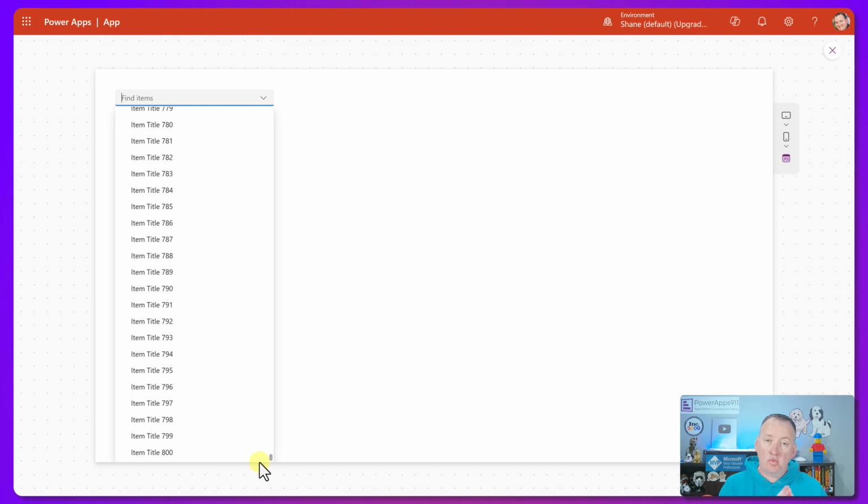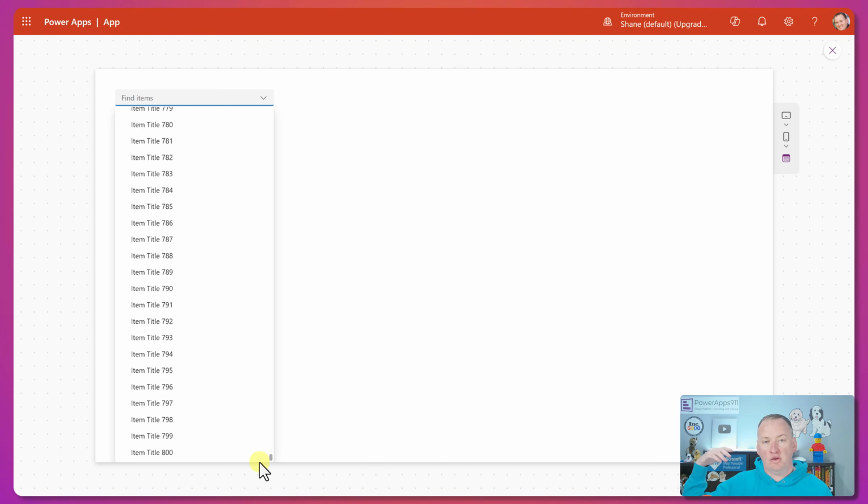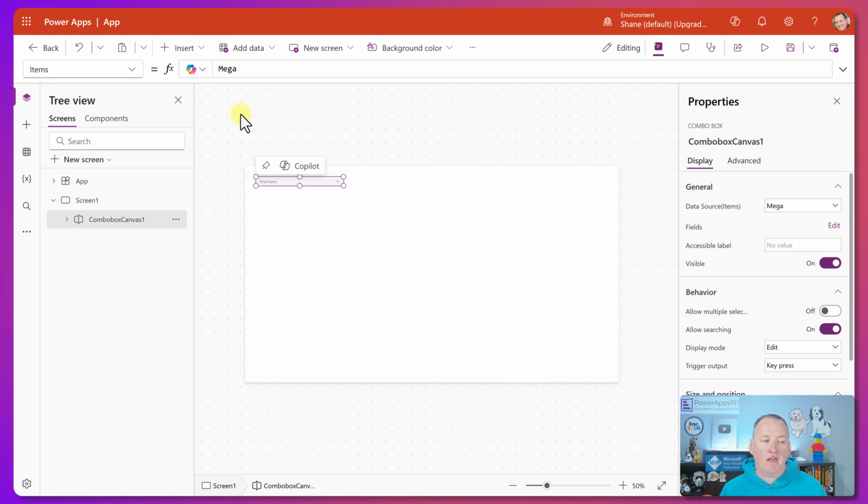Unfortunately, as far as I know, with the modern combo box, that's all you get. So if you wanted to somehow interact with item 801 or 1,000 or whatever, that's not going to be the thing. And really that makes sense, because who wants a drop down with thousands and thousands of things? So most likely what you'd want to do is get in here, and instead of just using an entire list,